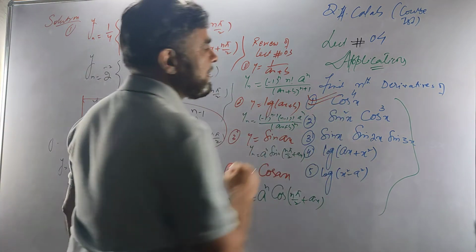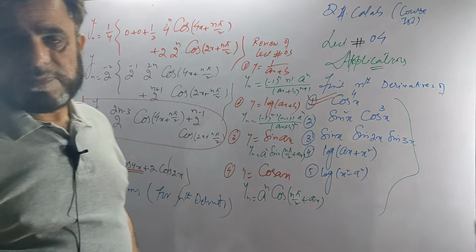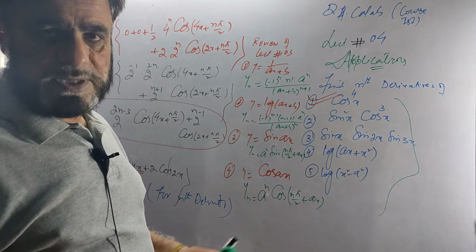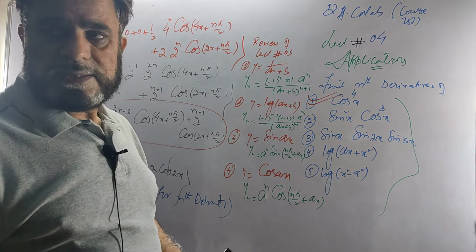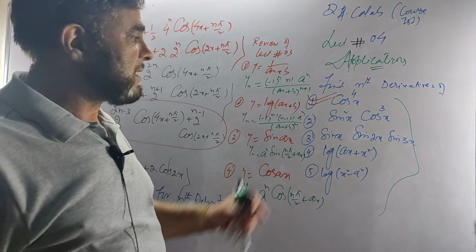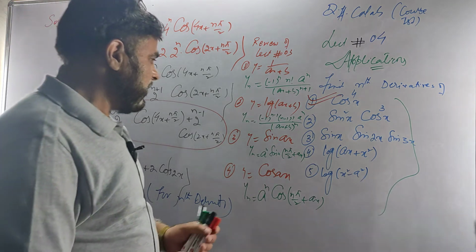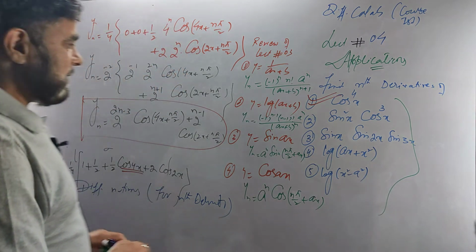cos x raised to power 4. You can similarly do the result for sin x raised to power 4, sin cube. If it is sin cube, then you will apply the formula sin 3 theta, 3 sin theta minus 4 sin cube theta. If it is cos cube, you can write the formula for cos and you can go. Well, let me have the second result.